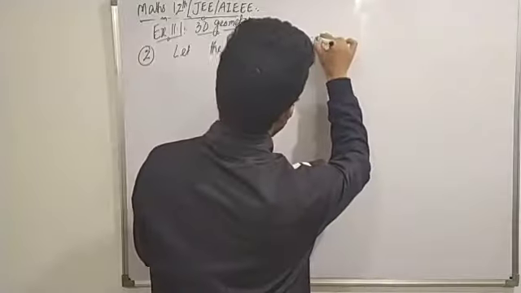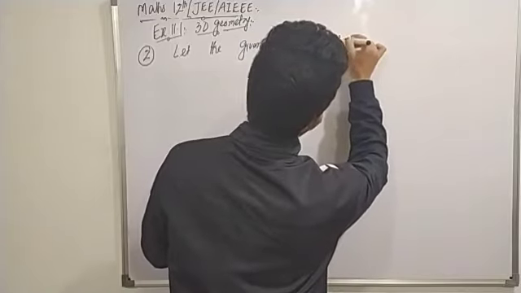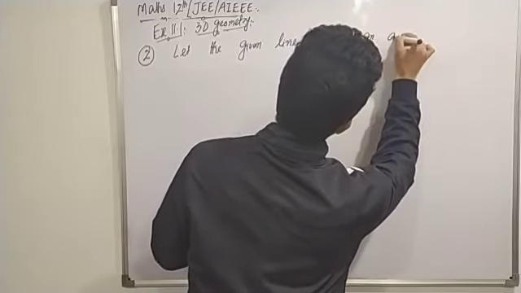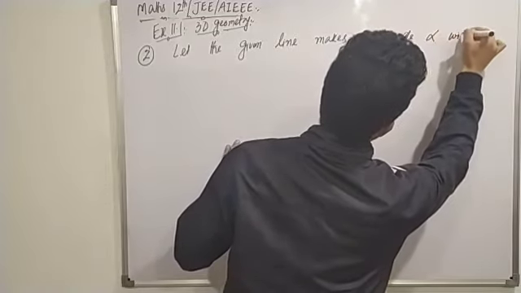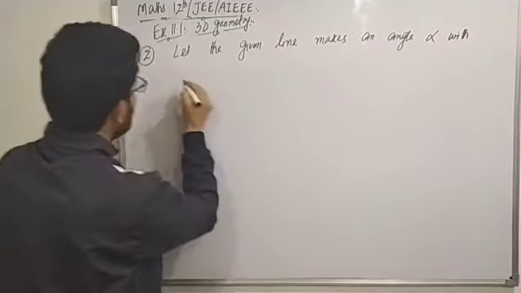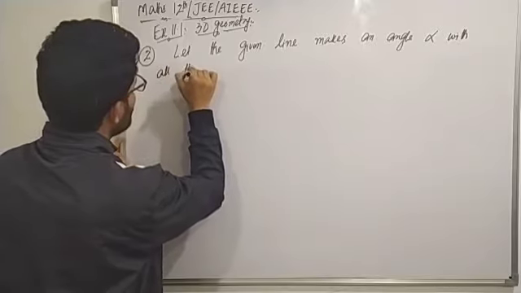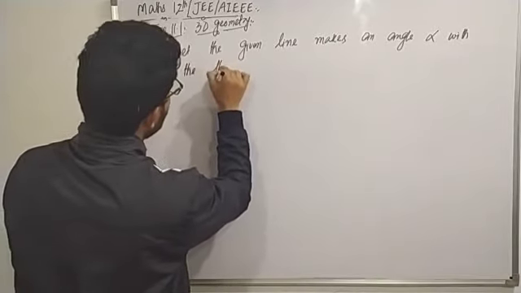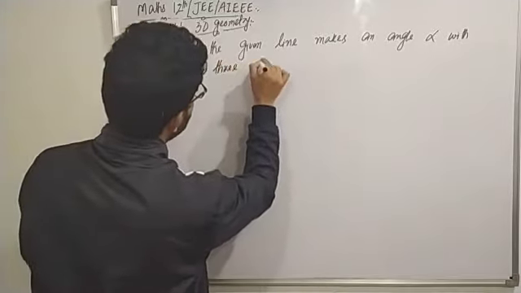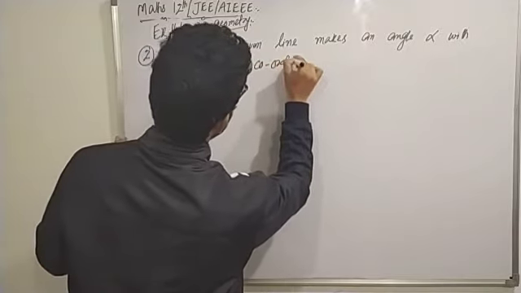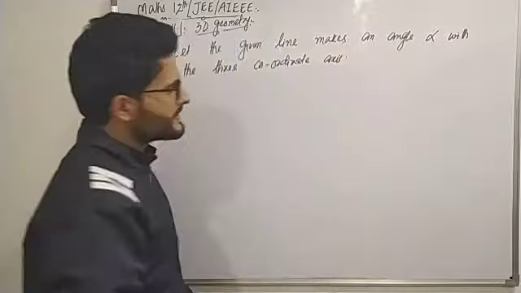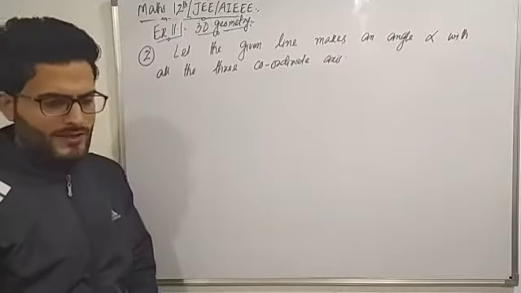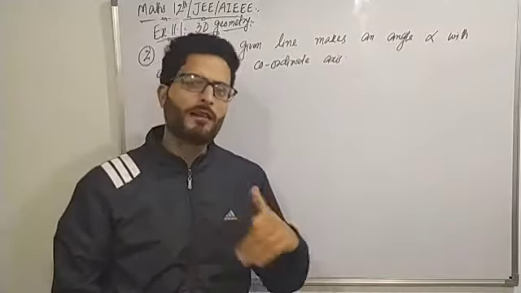So let the given line makes an angle alpha with all the three coordinate axes,